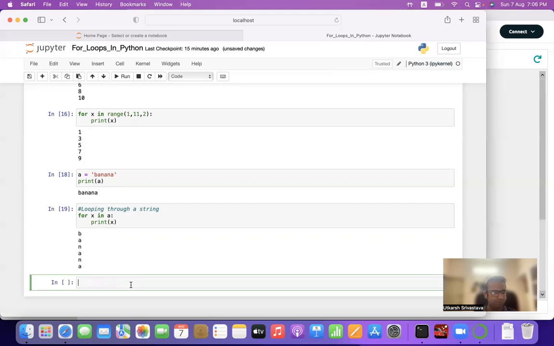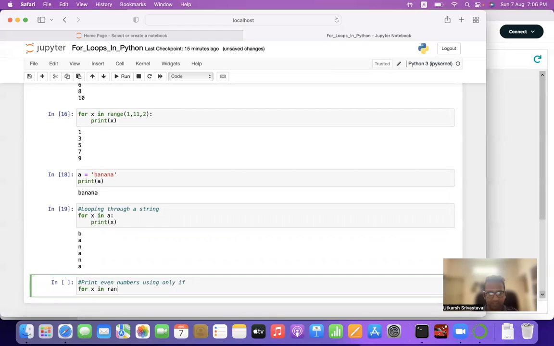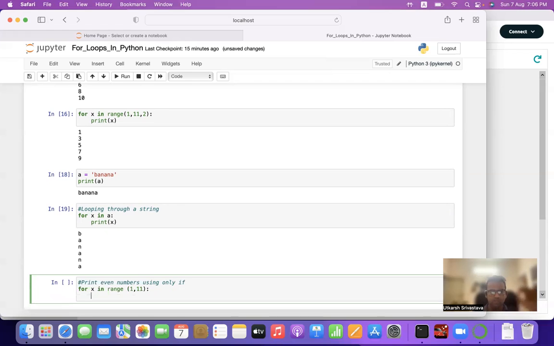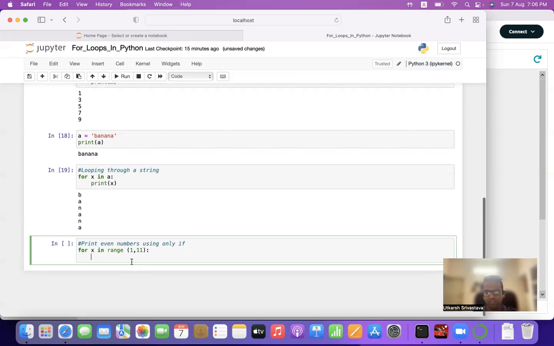Now let us take certain examples related to if-else, using if-else in a for loop. Let's say we print even numbers using the if-else method, or using only if. So for x in range 1 comma 11, as I said, print even numbers using only if and not the range function. So for x in range 1 comma 11, that means it will read from 1